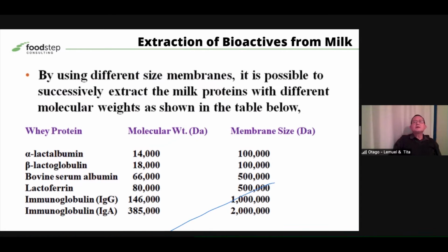So here is a comparison of the various sizes, okay? As I've said, when the size of the particle is already less than 1 micron, usually it is expressed in terms of molecular weight. So the molecular weight of the smallest whey protein, alpha-lactalbumin, is around 14,000 Dalton, if you recall your chemistry. Then the next size is beta-lactoglobulin, which is